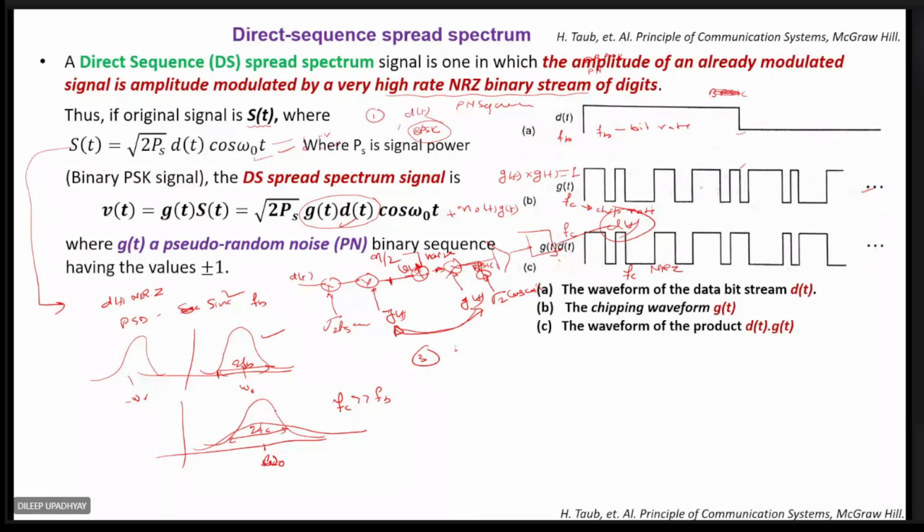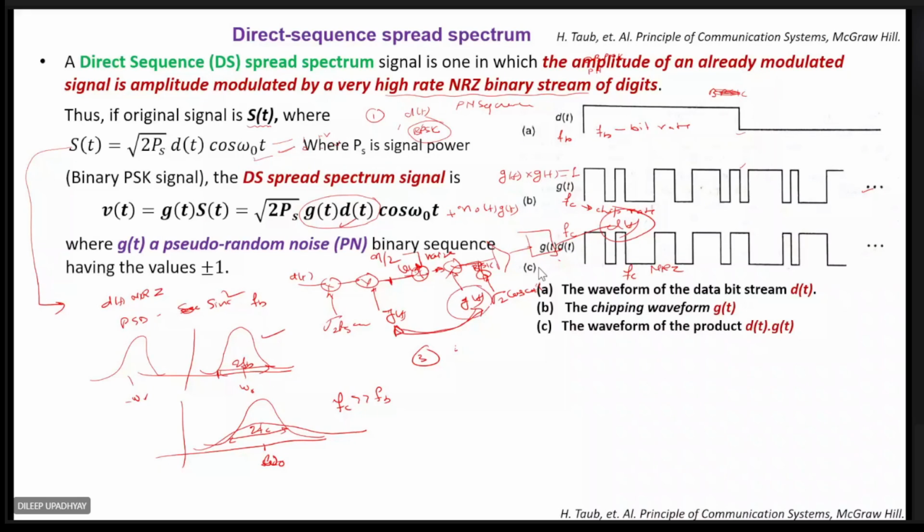At the same time, it will not affect the probability density function of the white Gaussian noise, because in the probability density function of Gaussian signals we see that it is 1 upon root 2 pi sigma square, e to the power minus (x minus mu) whole square. Because of that whole square term, the sign is actually neglected. So this noise power is not affected by the PN sequence, effectively, we can say,